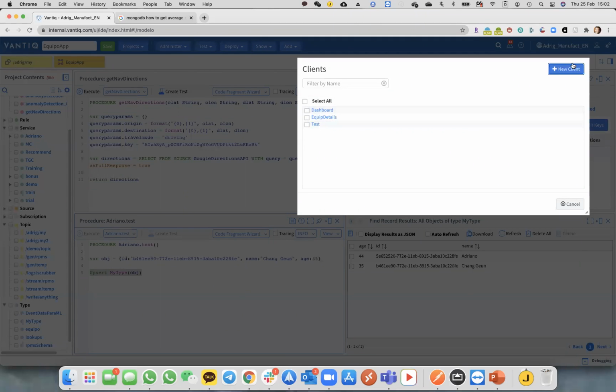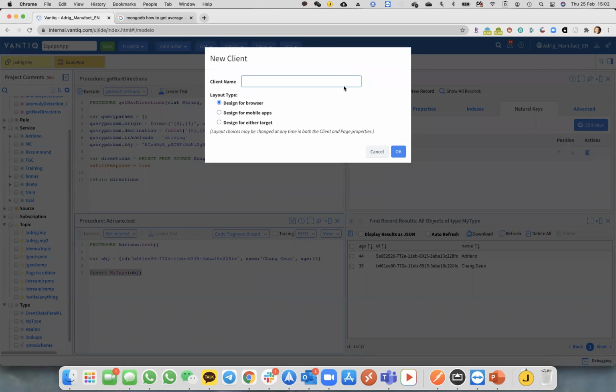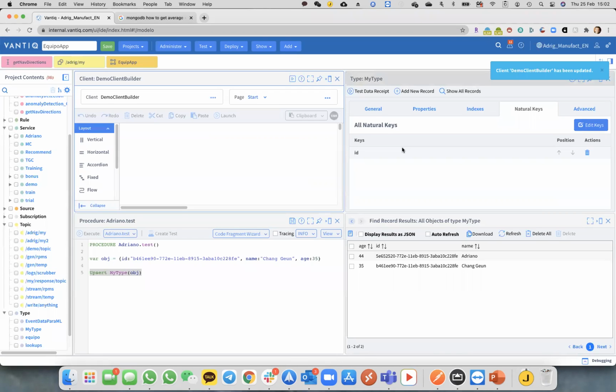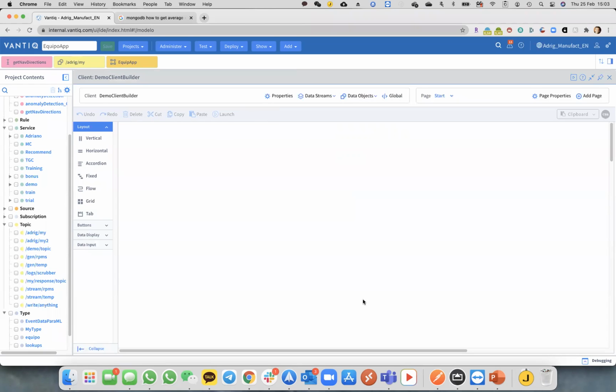Client builder was first created as a way for us to test our applications that we are designing in Vantiq. But it is so easy to use that it's becoming more and more popular every day. Since the first version of the client builder, customers have asked for more and more functionality and properties, so that they start using Vantiq as the